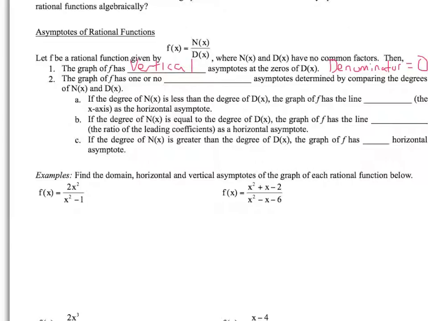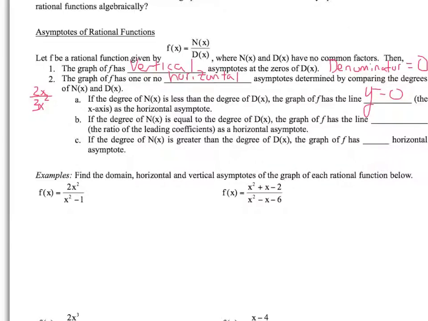Rule number 2 says the graph will have one or no horizontal asymptotes, determined by comparing the degrees of the numerator and the denominator. For example, A, if the degree of the numerator is less than the degree of the denominator, such as 2x over 3x squared. The highest power in the numerator is 1, which is less than the degree of the denominator, which is squared. Since that is the case, the graph will have the line y equals 0